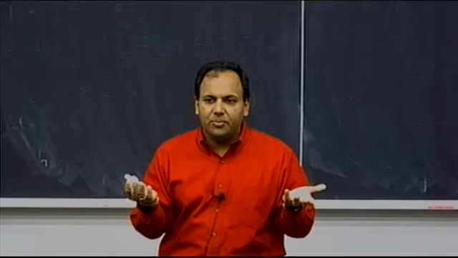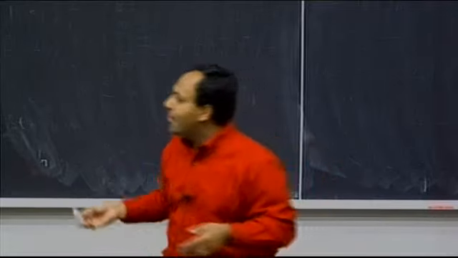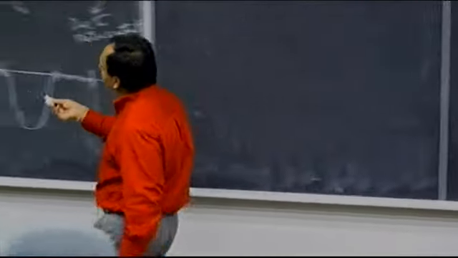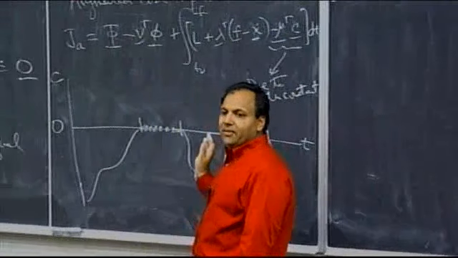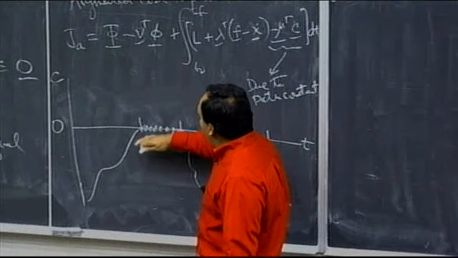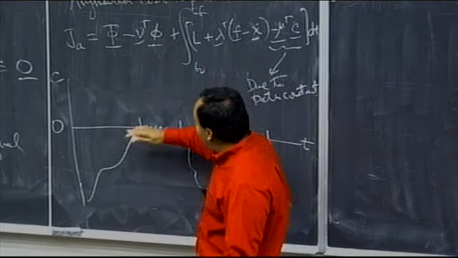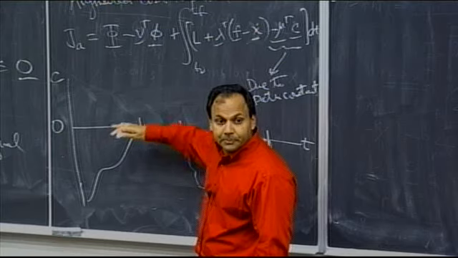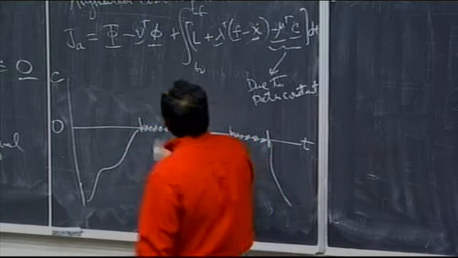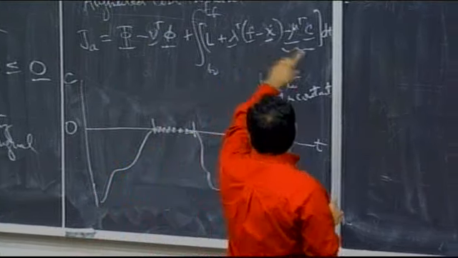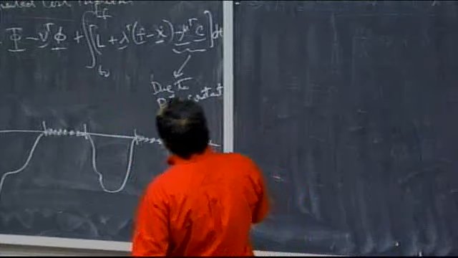Because it's not active to begin with, so it doesn't matter that I enforce it. But in the regions where it's active, it does matter, because if I didn't enforce the constraint, the solution would want to actually violate the constraint, right? But I'm not letting it violate the constraint because I'm saying it has to stay less than or equal to 0. So the way we deal with this is when we write this modified problem down,